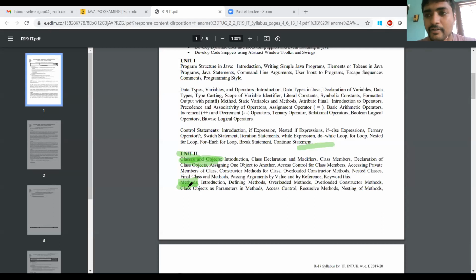First we will see what you mean by class, how you declare a class, and what the syntax is. Let us check all these things and then we move on to methods. In classes and objects, we have introduction, class declaration and modifiers, class members, declaration of class objects, assigning one class to another. Like that we have so many things.